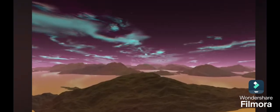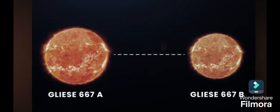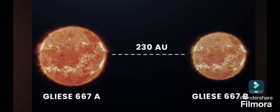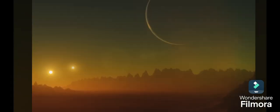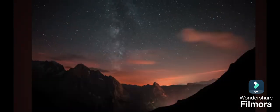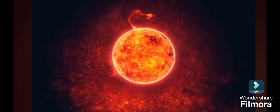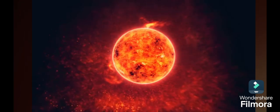GJ667cc receives a faint reddish light from its star. The other two stars, Gliese 667a and b, are located at a distance of about 230 AU, much further than the distance between Pluto and the Sun, and outside the planetary system. However, the two other suns would still be seen as a pair of bright stars visible in daytime, and at night they would shine as bright as the full moon. And our Sun would appear as a distant star. Unfortunately, the nearby red dwarf is known to emit flares or intense bursts of radiation,